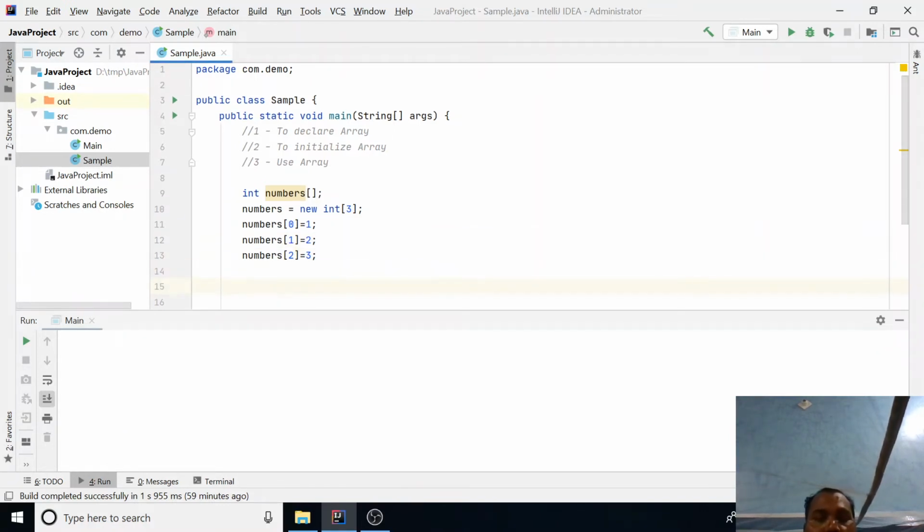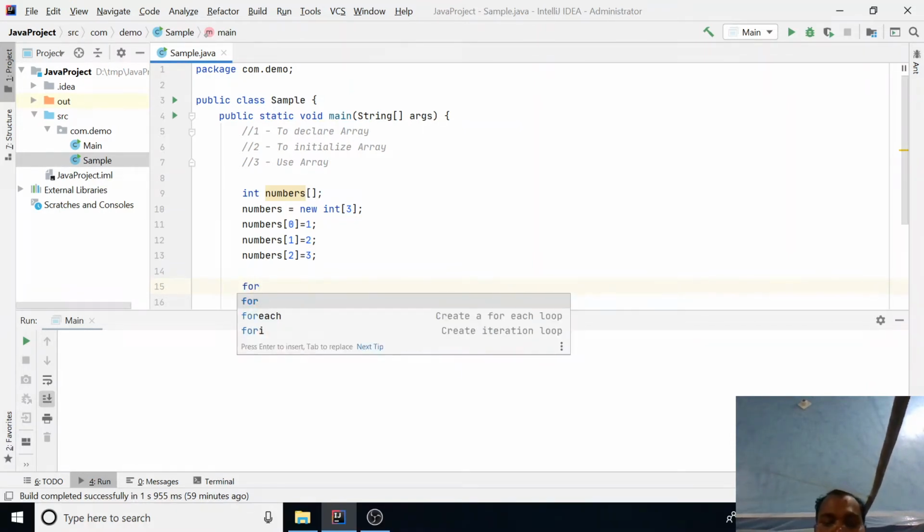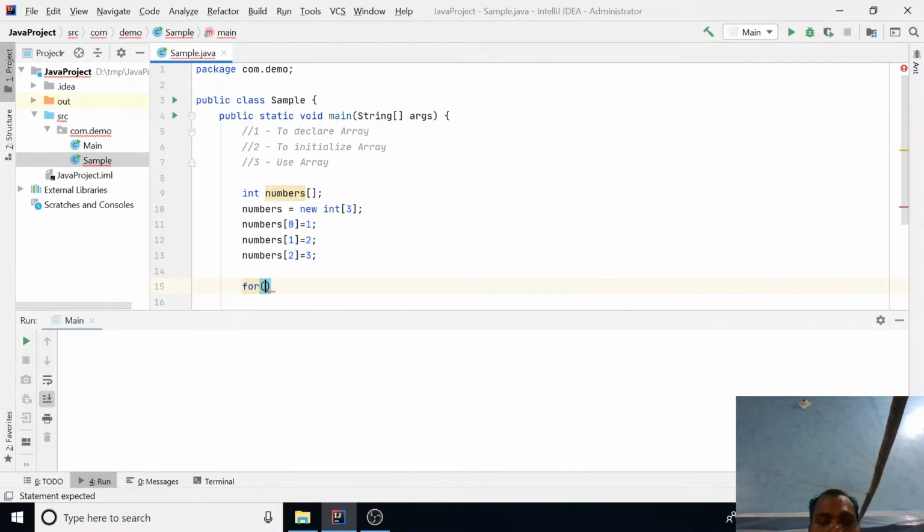Great. Now you have declared the array, you have initialized the array, and how are you going to use it? Now I want to retrieve those values. How will we do that? For that we follow a loop. For loop, here I am going to use an integer index, initialized to 0; index less than numbers dot length.